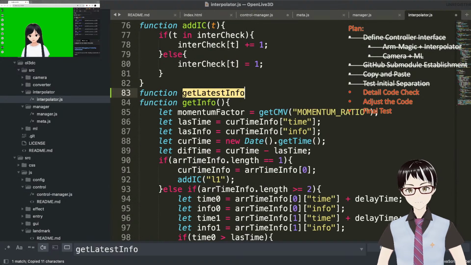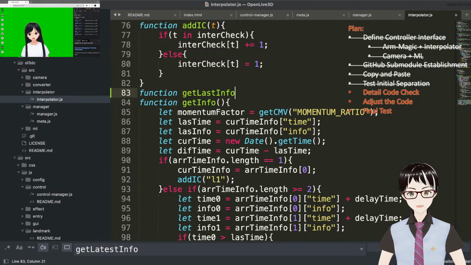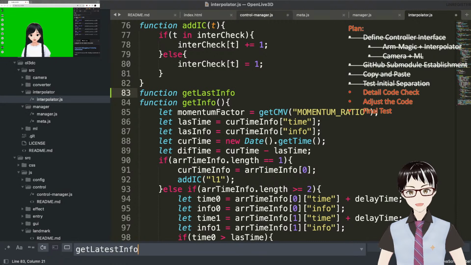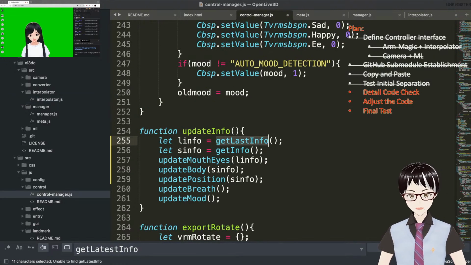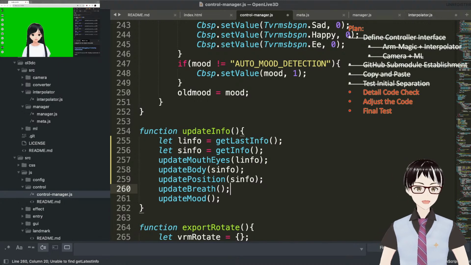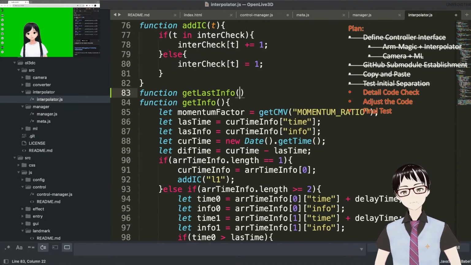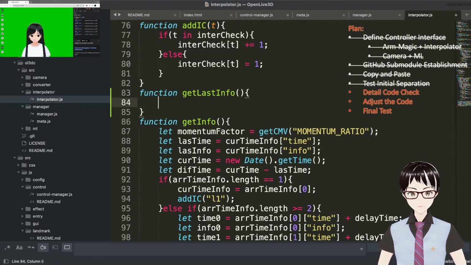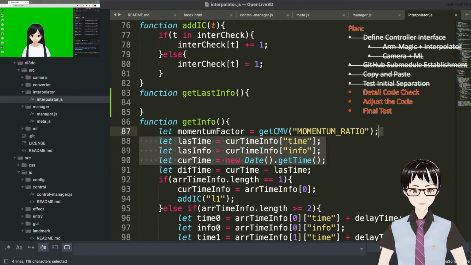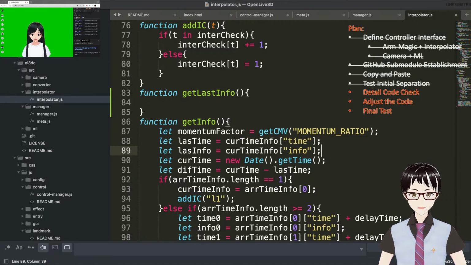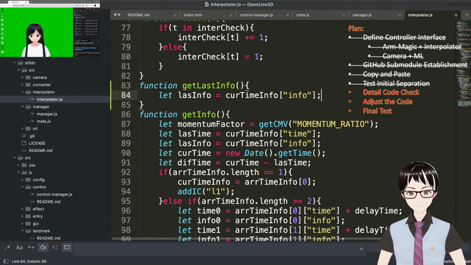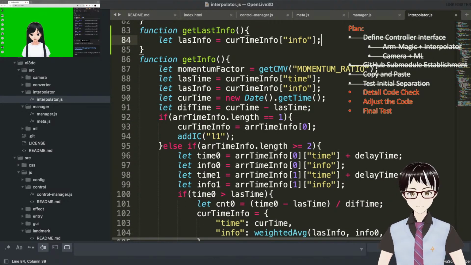Okay, I don't know what this is. I probably wrote get latest info somewhere. Hopefully not. Do we? Okay, I don't think we have this. That's great. So get latest info will mean we will not need momentum. We will only need less info. And we will try to get